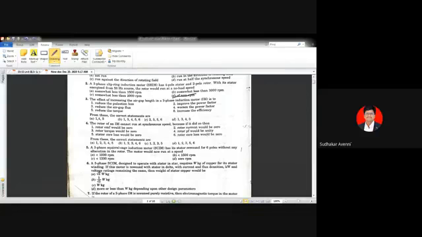1000 RPM. See here, Ns is equal to 120 f by P, which gives 1000 RPM. Generally, synchronous speed is going to be 1000 RPM. Then automatically the rotor always runs less than the synchronous speed, or nearer to the synchronous speed. So for the fifth one, A is the right option: less than 1000 RPM.